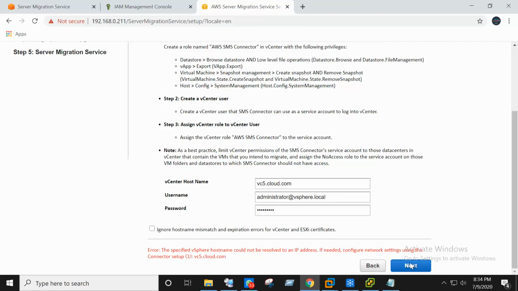The specified vSphere hostname could not be resolved to an IP address.